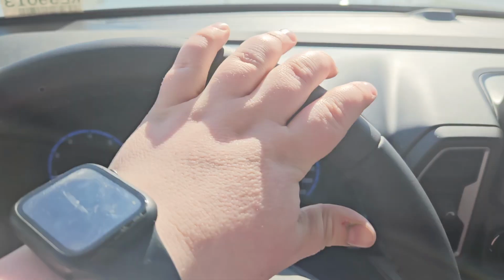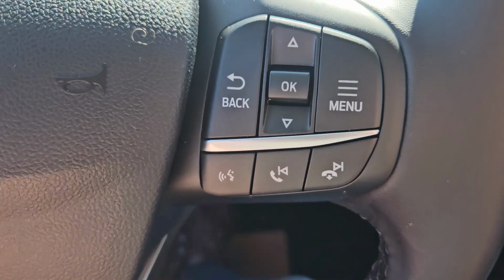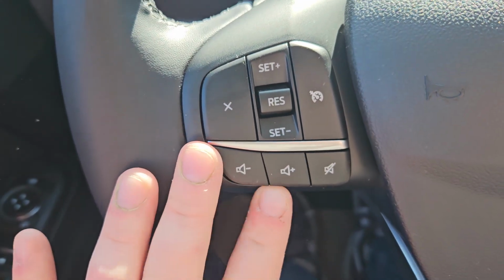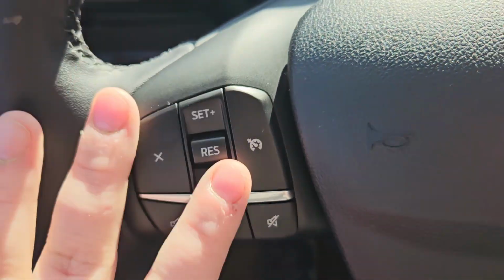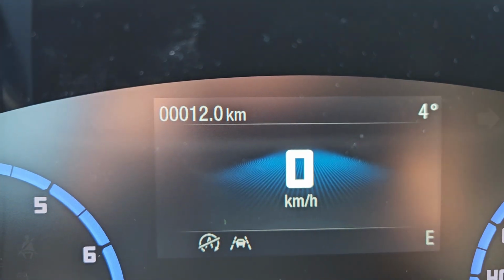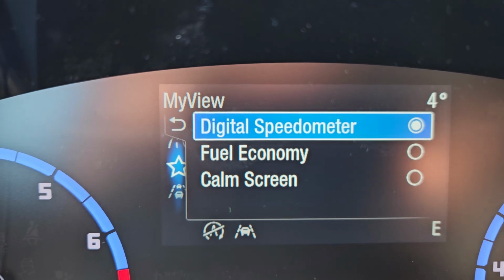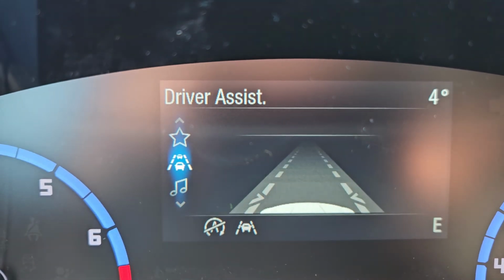We do have a nice leather-wrapped steering wheel with your toggle for your main menu, phone, voice, play forward, play back, volume, mute, cruise control right there. And looking at your main menu, we do have My View, which can go for digital speedometer, comm screen, so on and so forth, driving assist,